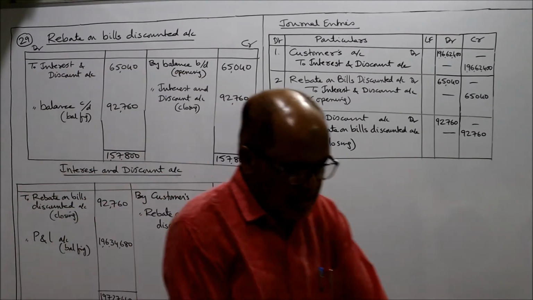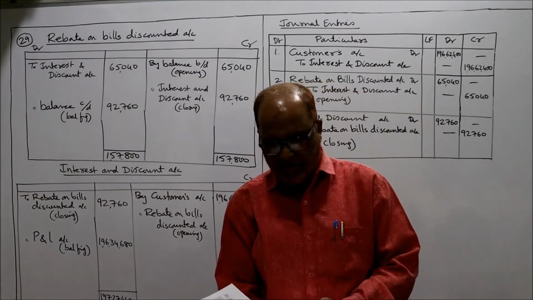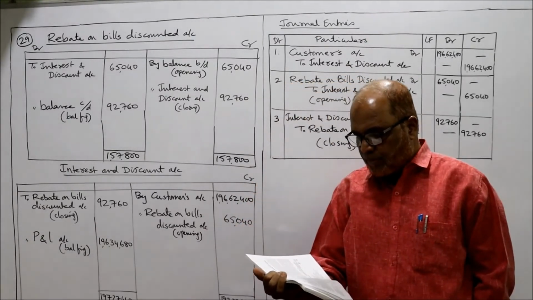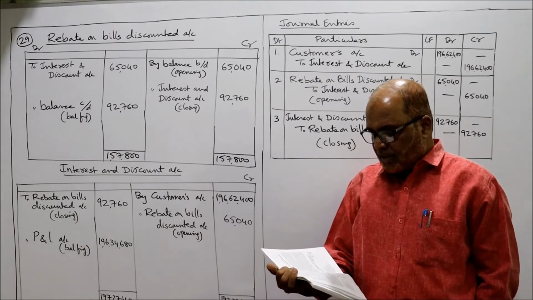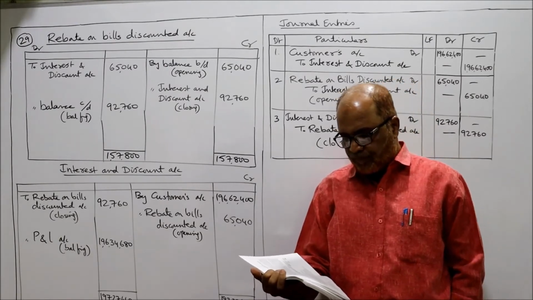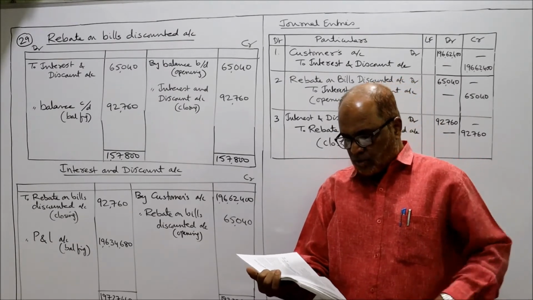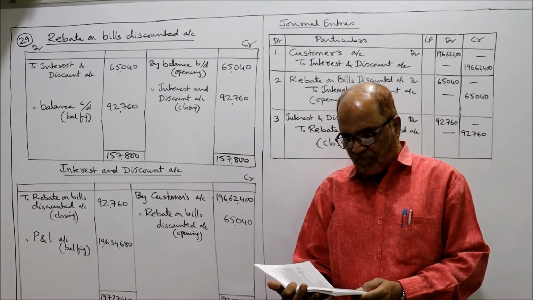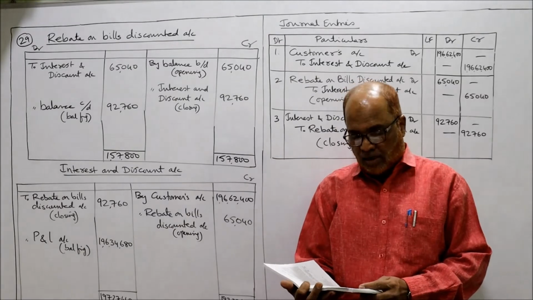Come on students, now we'll start problem number 29. The following particulars are extracted from the books of Messrs. Sound Bank Limited for the year ending 31st March 2004. Interest and discount